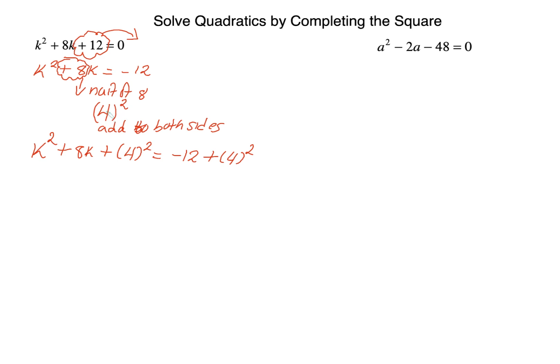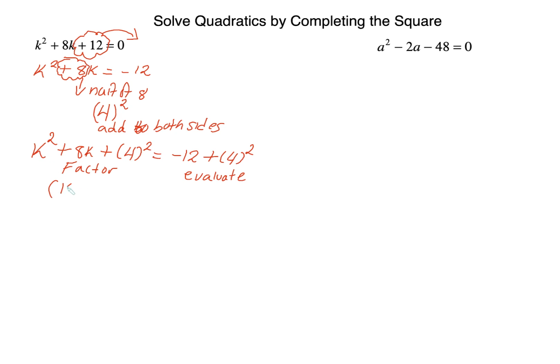Do not evaluate this. Leave it as 4 squared. The reason I leave it as 4 squared and don't write 16 is because you have to factor the left-hand side and we're going to evaluate the right-hand side. Now, I find that some students are not strong at factoring really quickly, so I say leave it as the 4 squared. The reason is that when I come to factor this, all I do is I open the parentheses,